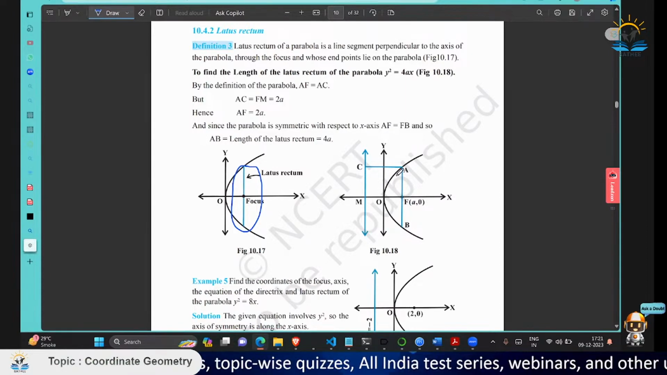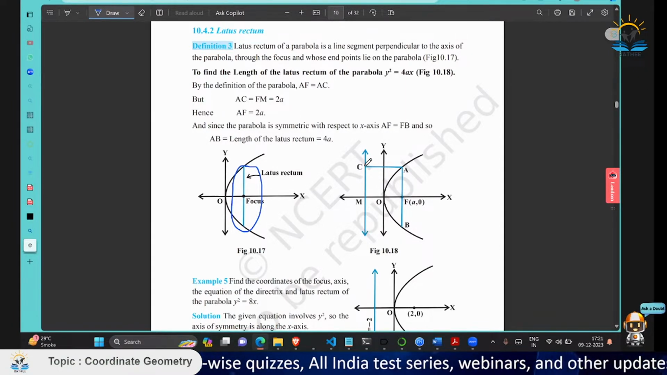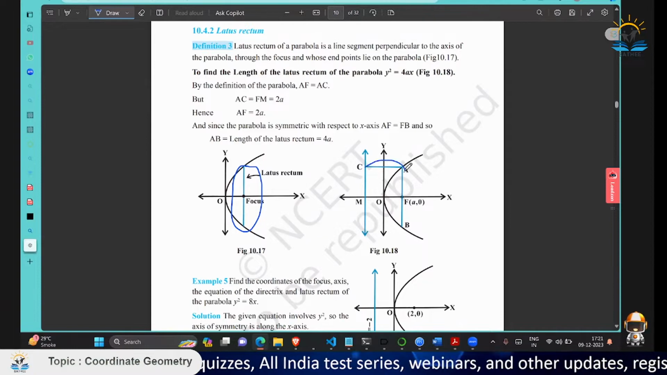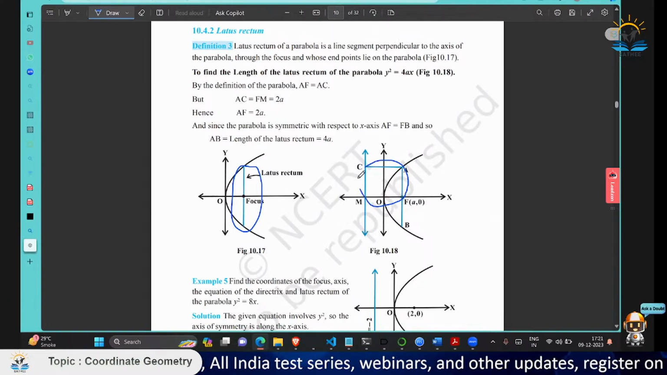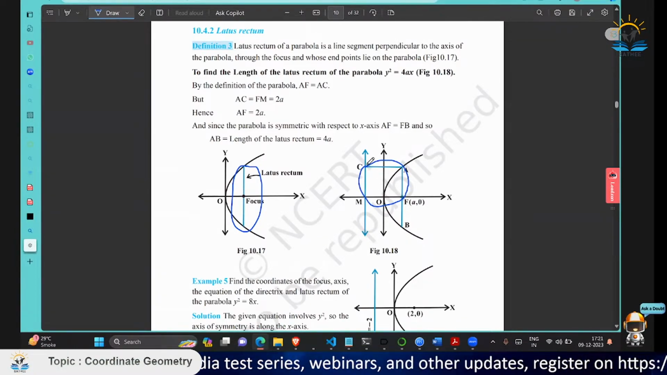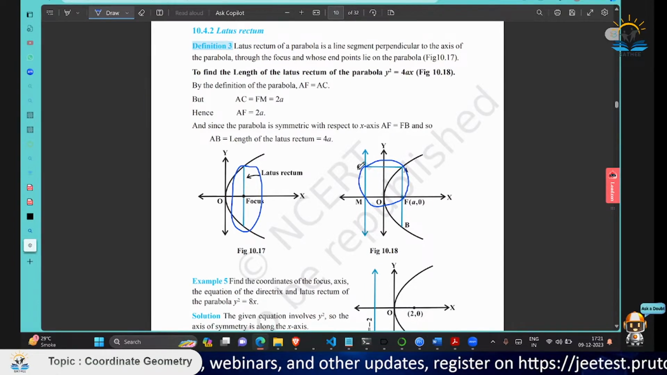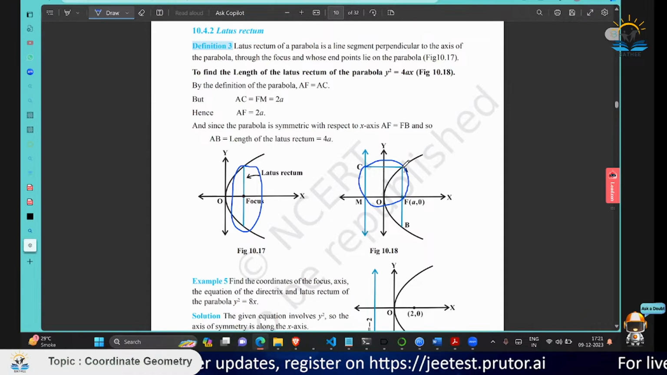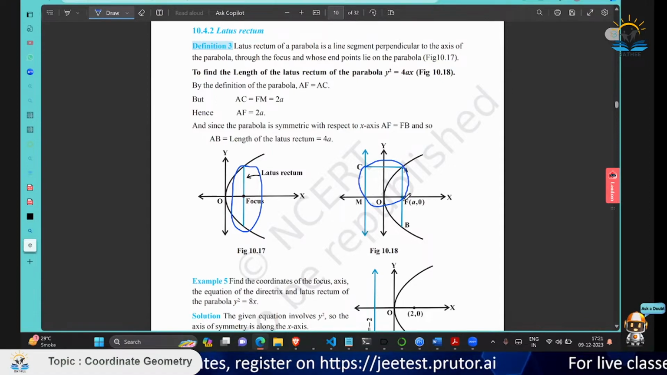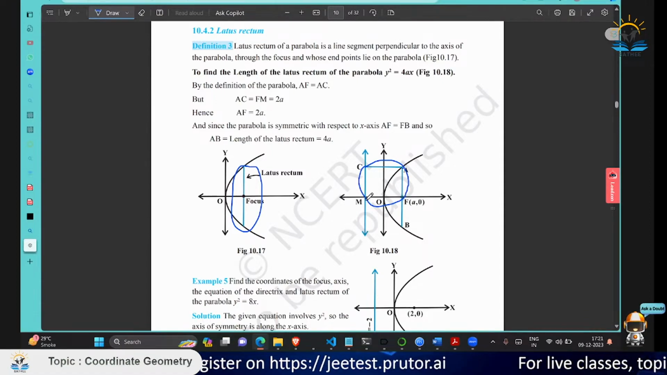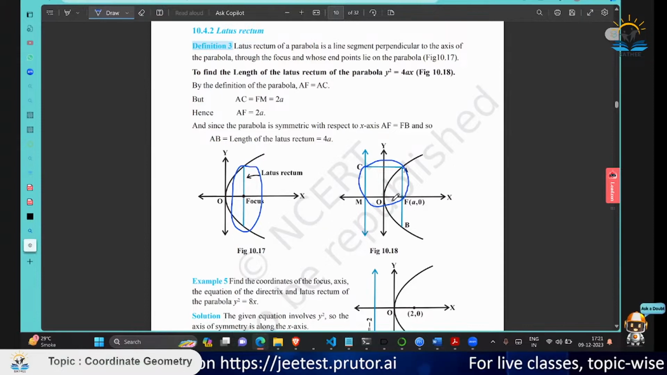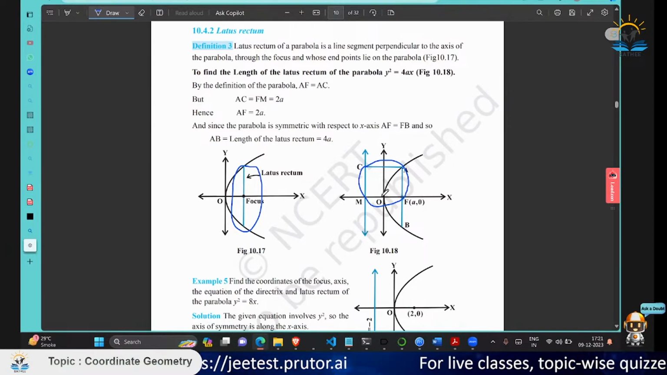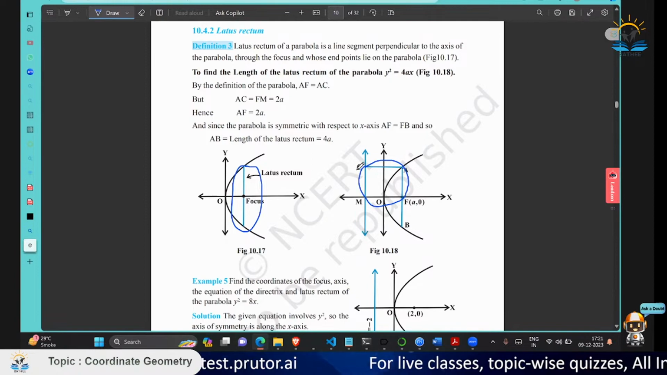And by this rectangle or square, whatever you want to say, you can say that AC is equal to FM, right? AC equals FM, and FM is A plus A, which is 2A, because MO is equal to OF, and OF is A, right? So this is 2A, so AC is 2A,